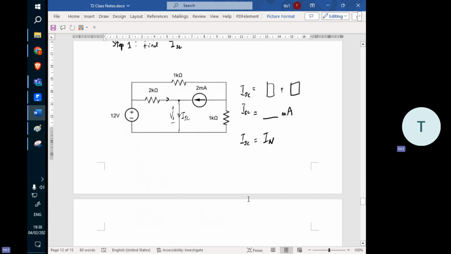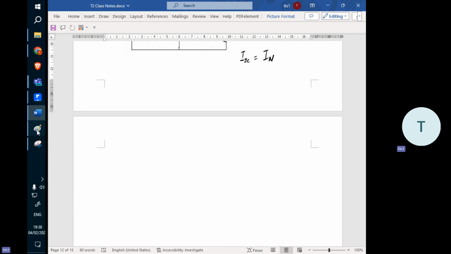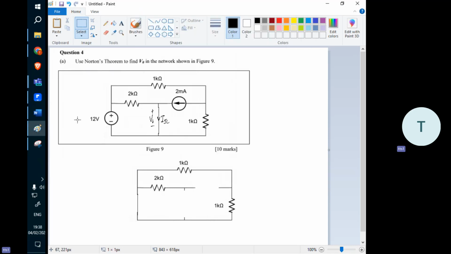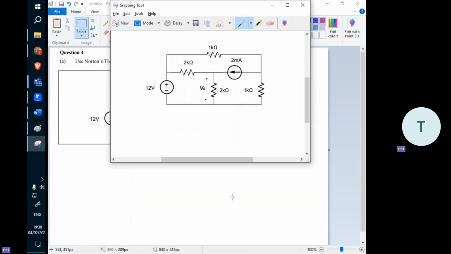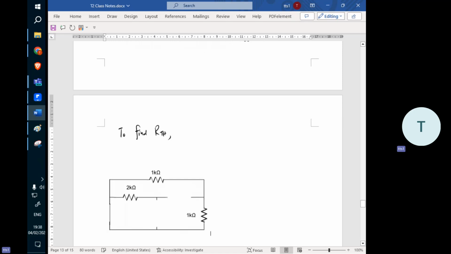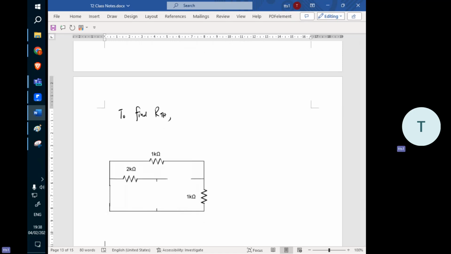Okay. So now to find the RTH, I already mentioned this is a circuit after we remove the current source, voltage source, and RL should not be there in the first place. This is a circuit to find the RTH. So you need to find the total resistance here, RTH, Rn, total resistance here. After you find it,